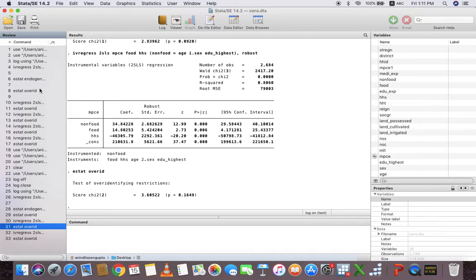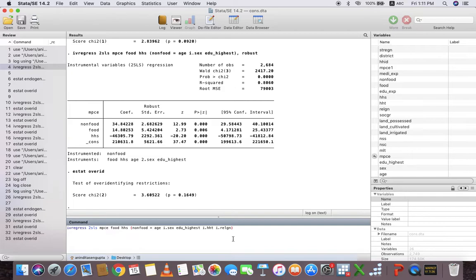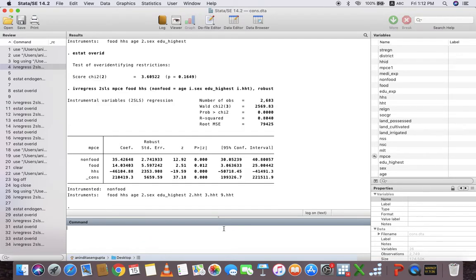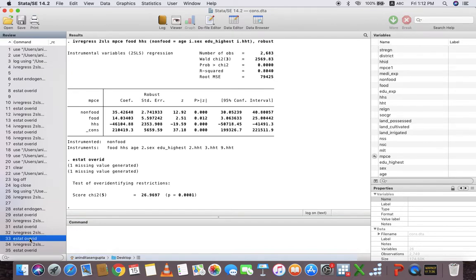Again we go to the earlier process, and we take another variable in the system, that is household type, and use the robust command. Then again we do the over identification test, and we see a highly significant p value.